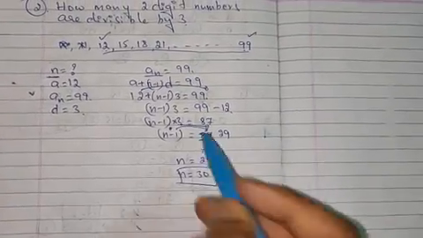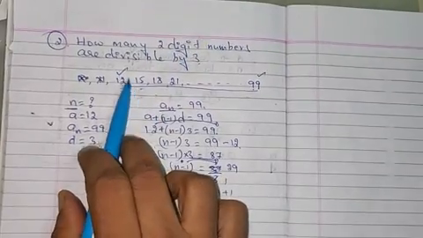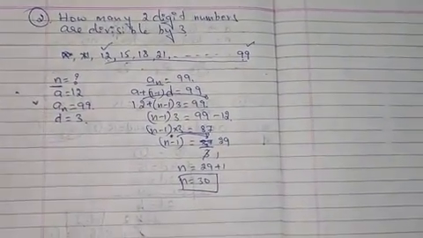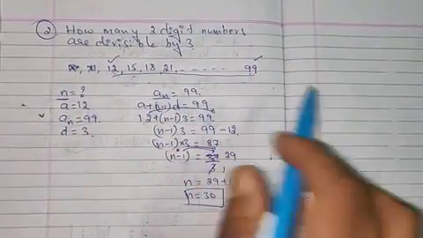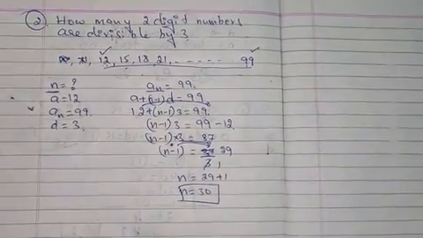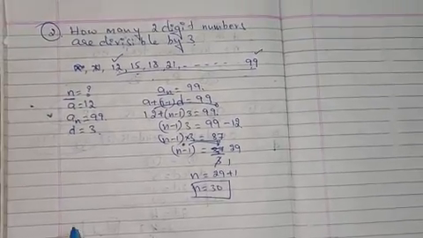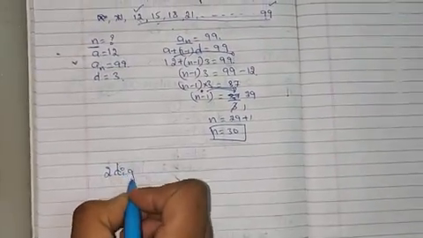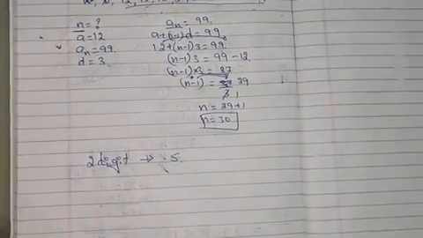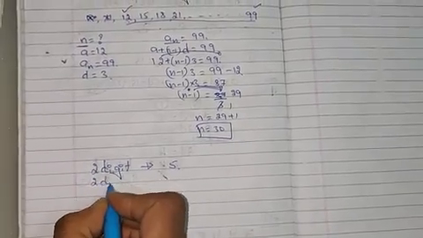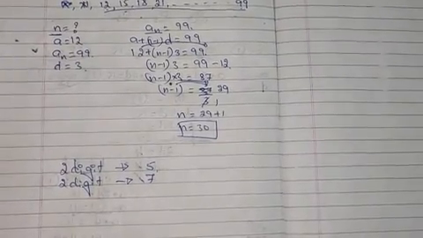The meaning of the answer is there are 30 terms. What type of terms? The 2-digit numbers which are divisible by 3. If you want to cross check, you can write all the numbers. As you know, this is like a 3 table. Then you can count the numbers and it will be an absolutely correct answer. So you can also consider a different question. How many 2-digit numbers are multiples of 5 or divisible by 5? How many 2-digit numbers are divisible by 7? You can check it. You can solve it.